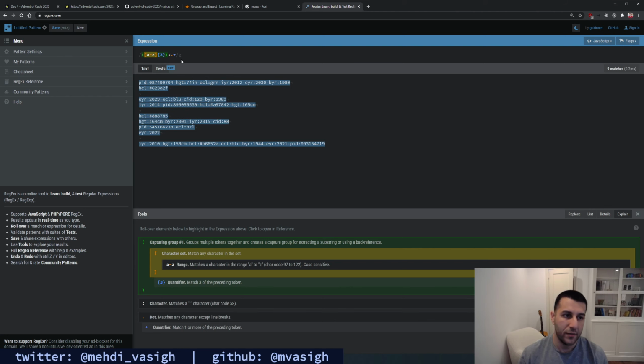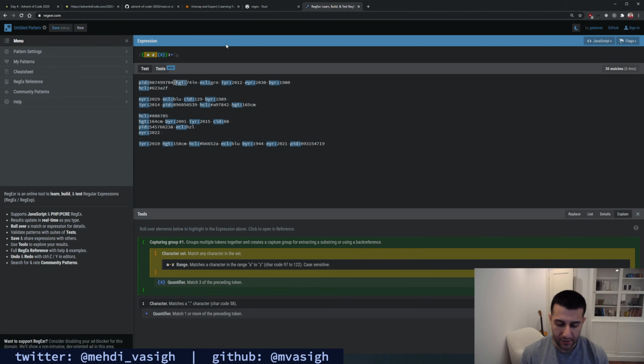One caveat here is that this is matching the entire line. We're matching even this space, so we need to not do that. I believe the way the syntax works is to do a caret.